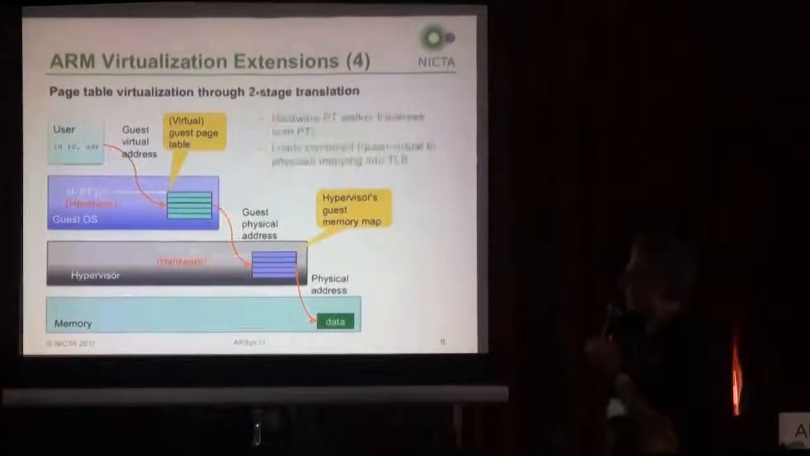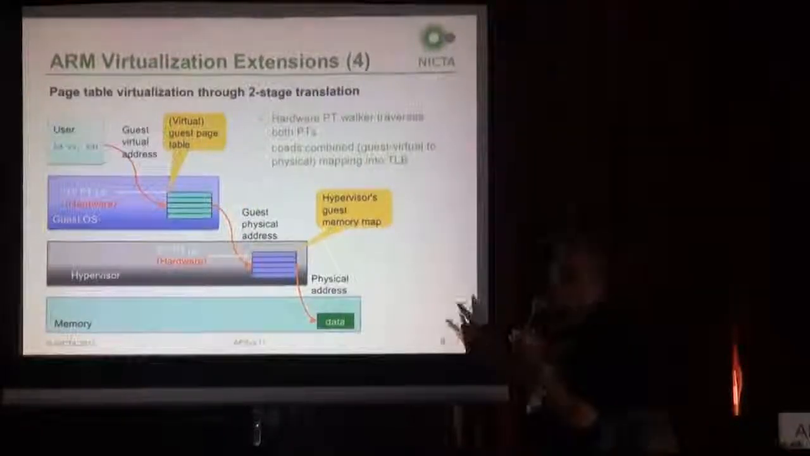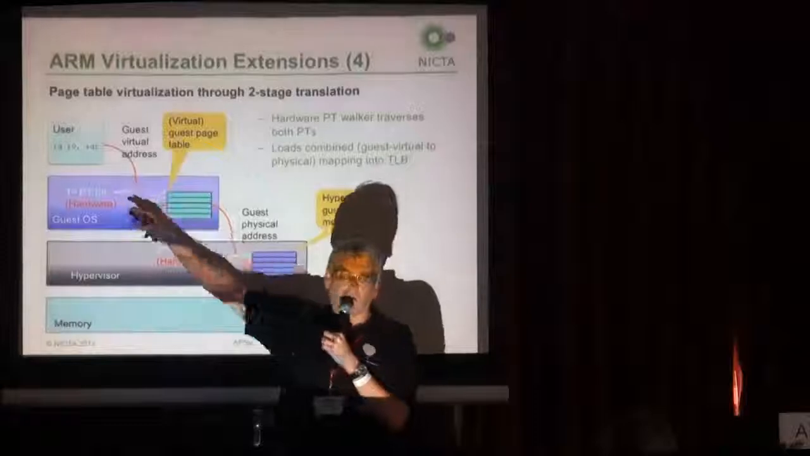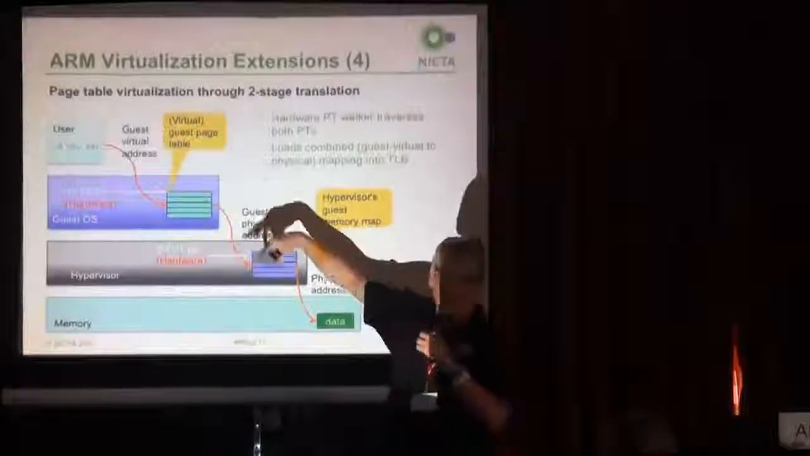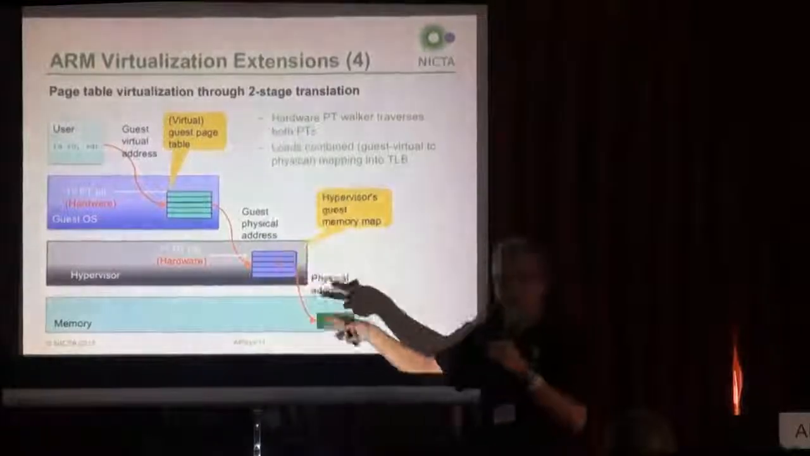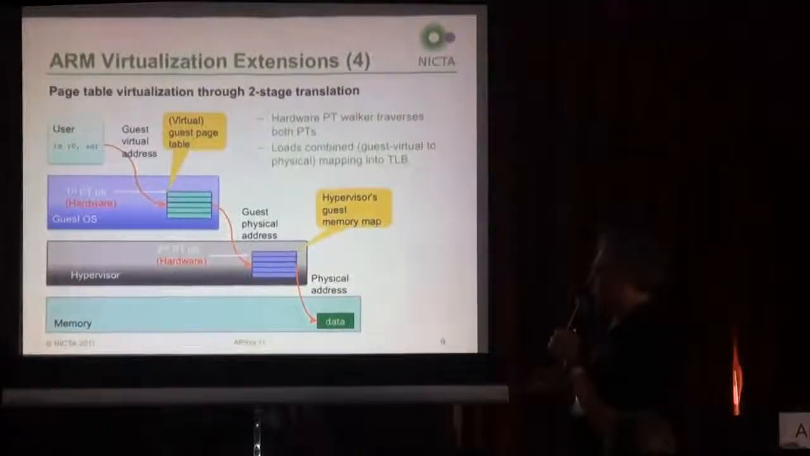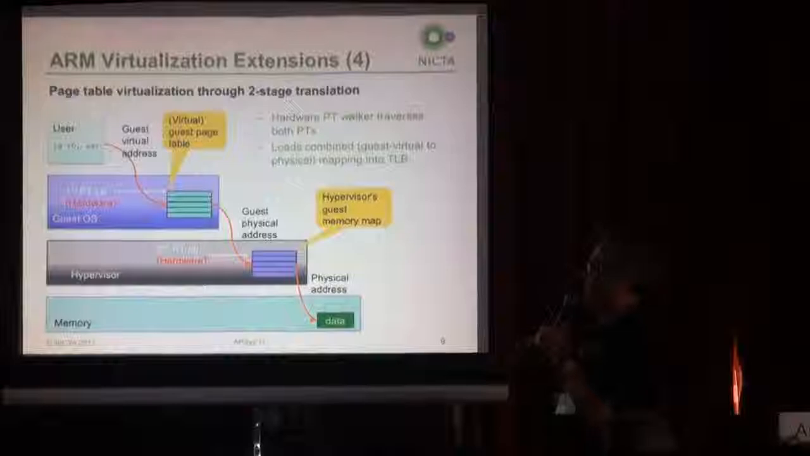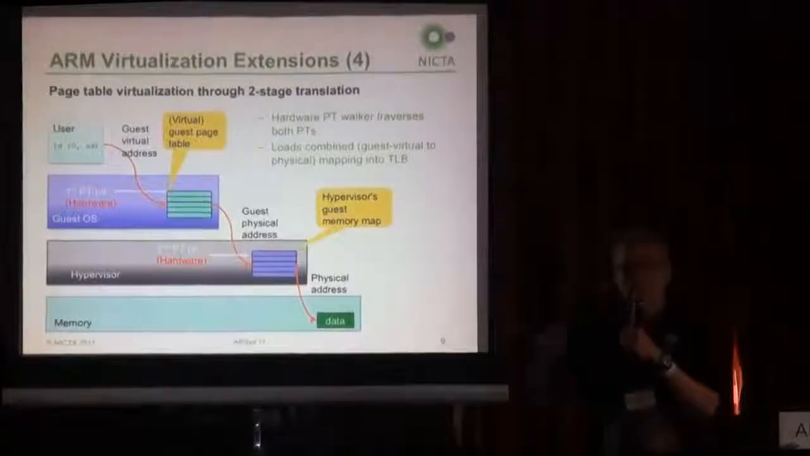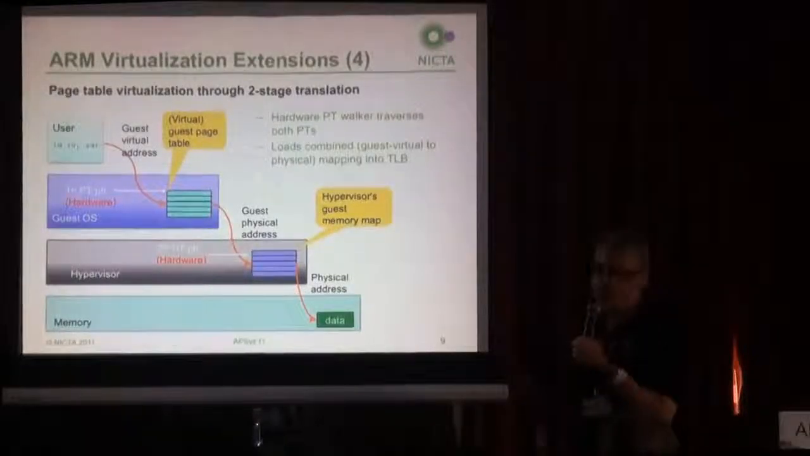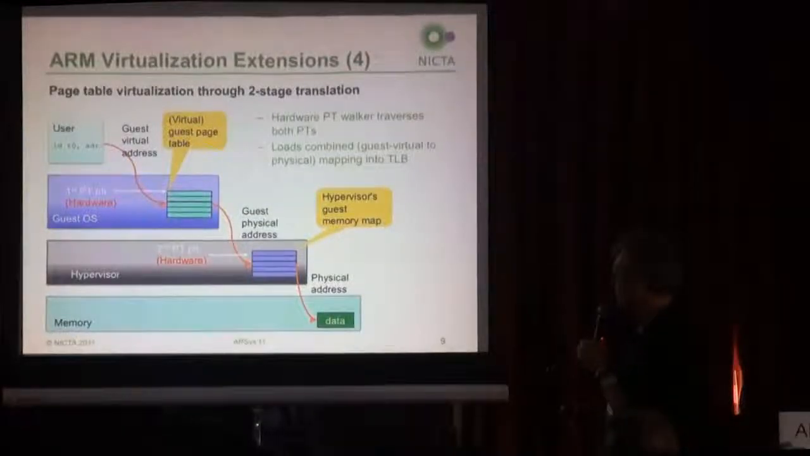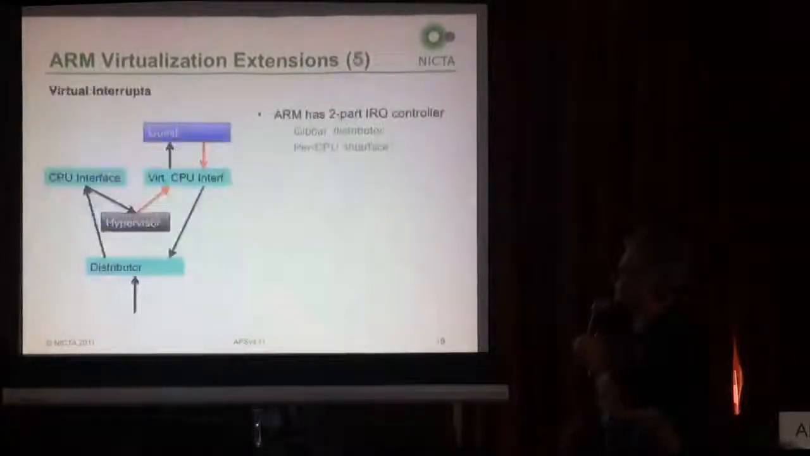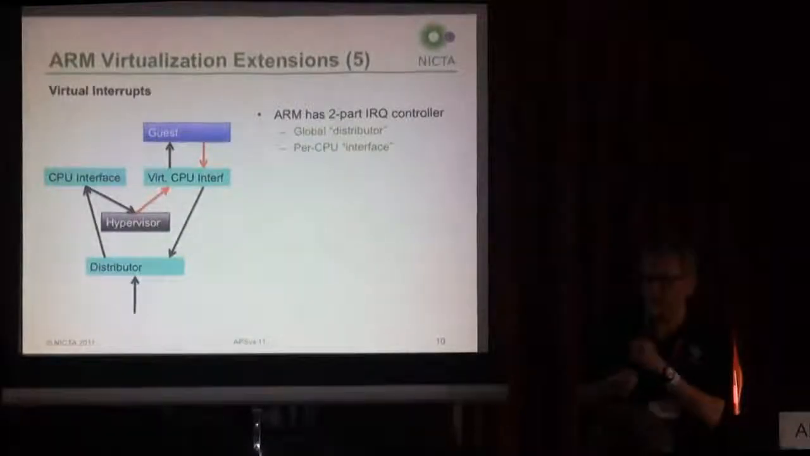So what ARM does is essentially eliminate the shadow page tables. There are now two hardware page table pointers for both of these translations, for virtual to guest physical, and for guest physical to physical. And the hardware page table walker walks both of those page tables. Again, it's very similar to a so-called extended page table in x86. And then the final